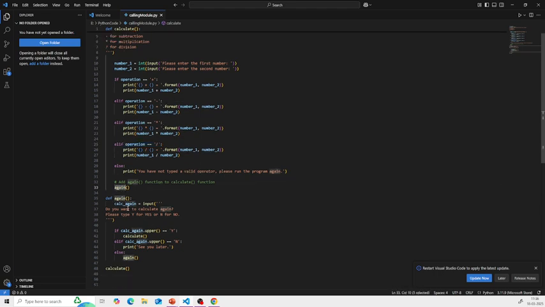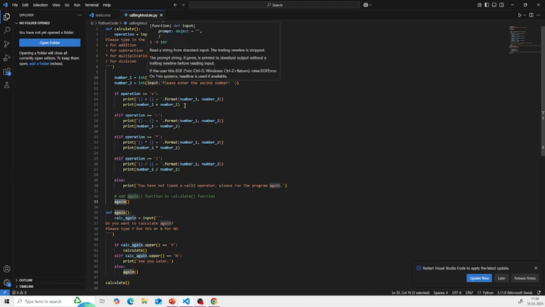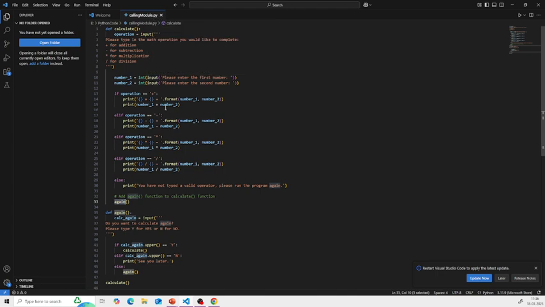If the user types yes, that means he wants to calculate again, then the program will again call the execute statement. Otherwise, it will exit from the program,